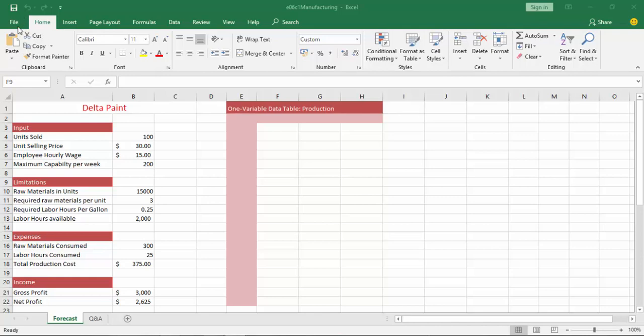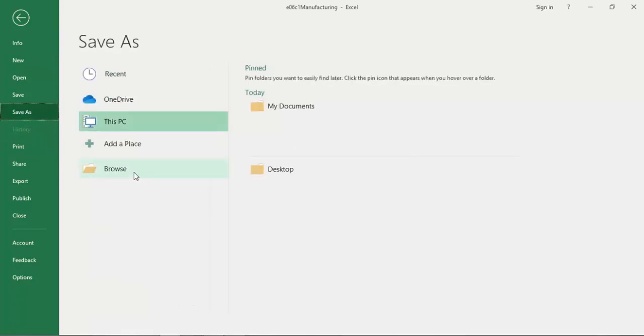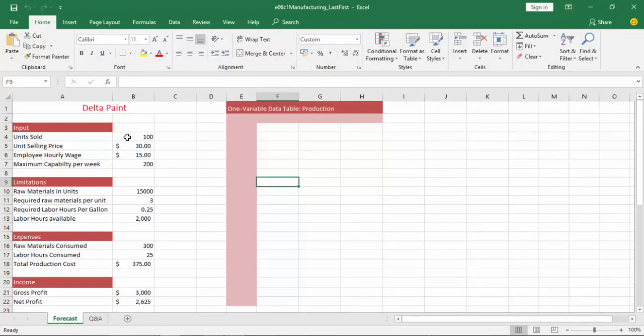So at first, open the file, enable content, go to file, save as, and just save it as last and first name accordingly. After that,